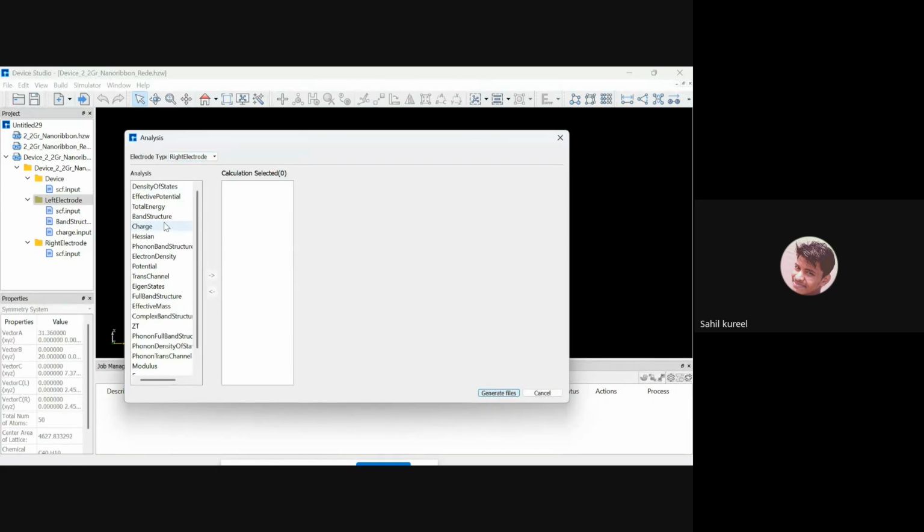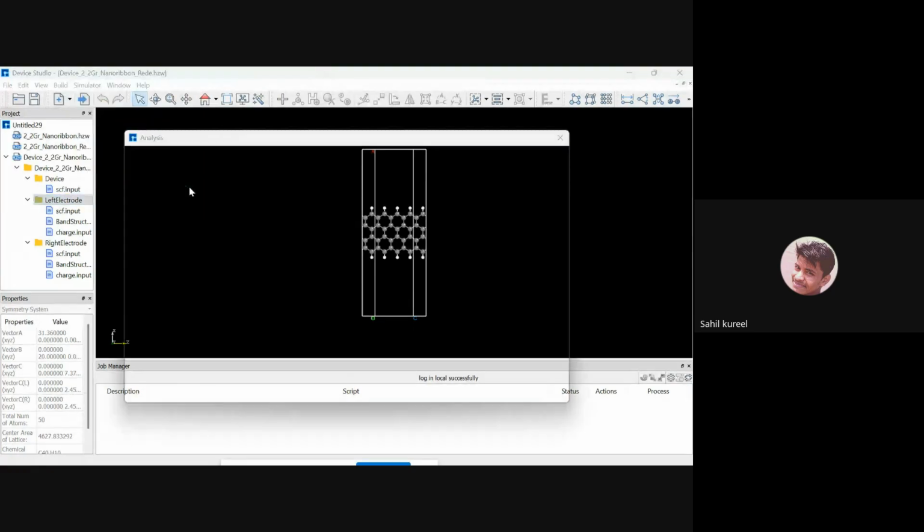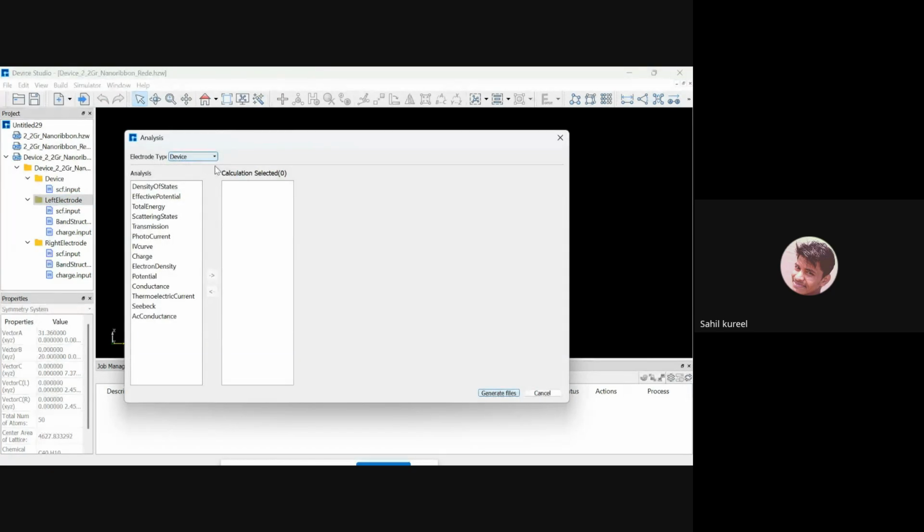And then same, band structure you can select, charge you can select, and again you can click generate file. Same for the simulator NanoDCAL analysis. Now it is the same device. You can select in here the charge,